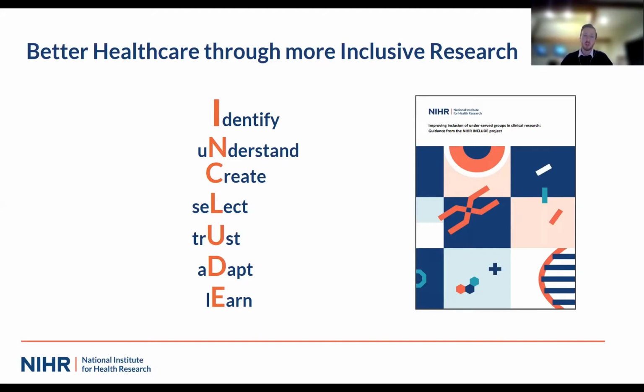A huge part is then trust. So it's how we translate that, and on the ground, how do we work with our local teams, our researchers, our patient advocates to really instill trust amongst those different communities. And a key part about this is being able to adapt. So it's to identify when things aren't working, to be able to amend protocols, to take on innovative and dynamic